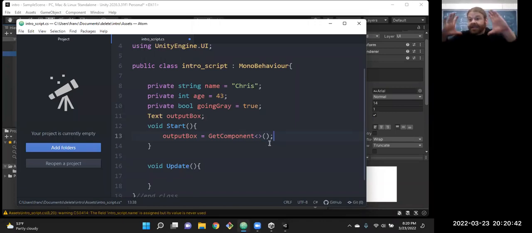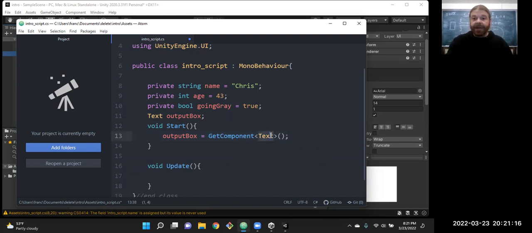And it's a method, so then we need parentheses, like you're used to from Python, right? If we just have a word, that means store something, that's a variable. If we have a word followed by parentheses, that's a function, that means do something. So we're going to get a component. But these angle brackets here relate to how we're in a strictly typed language. We have to say what type of data we have. In particular, there should be a text component of the thing we're attached to.